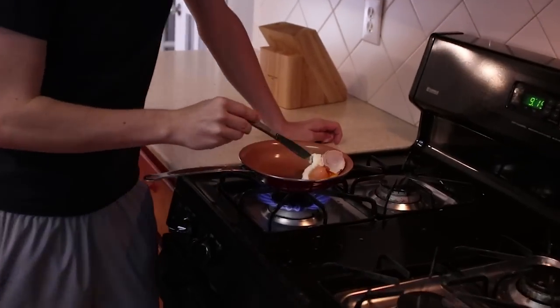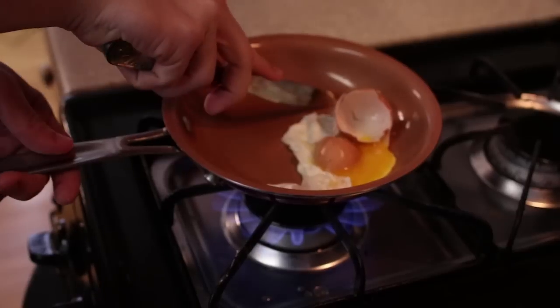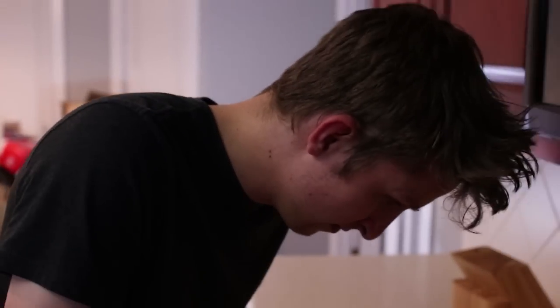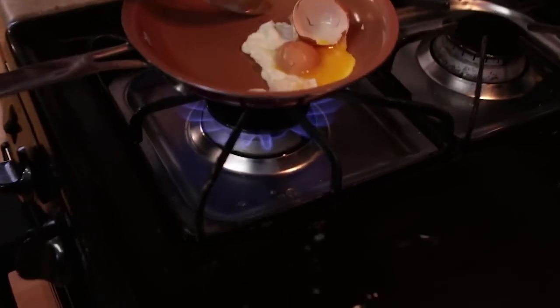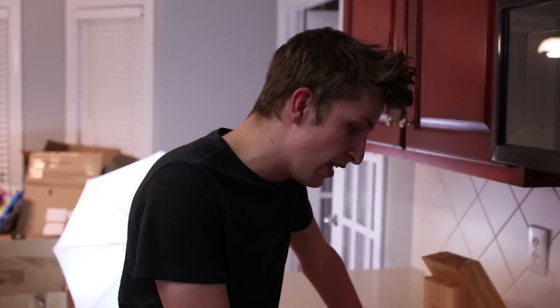So right here, I mean, it's doing pretty good, but let's see, can we scratch it? This is going to hurt. We scratched it, guys. We scratched it. It said anti-scratch. Look at that. That right there looks like a scratch mark to me. That's definitely a scratch mark, guys. We went right through it and we scratched it. So I don't think it's very anti-scratch,